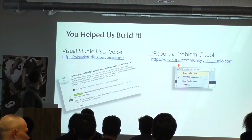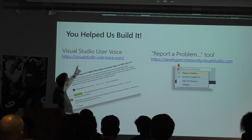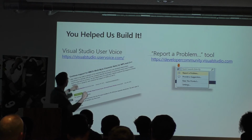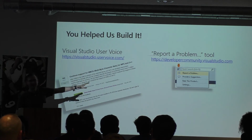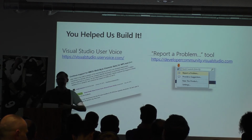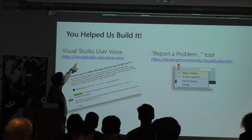Right, and finally, because you guys helped build it, I feel sad sometimes because I think people think that we don't actually check these things. We totally check these things. Indeed, voting on these things is a very, very good signal to us, right? So I'm sure you now have even more things you want me to do because you're never satisfied. And that's great. I don't want you to be satisfied. I want you to tell me what to do. So go to